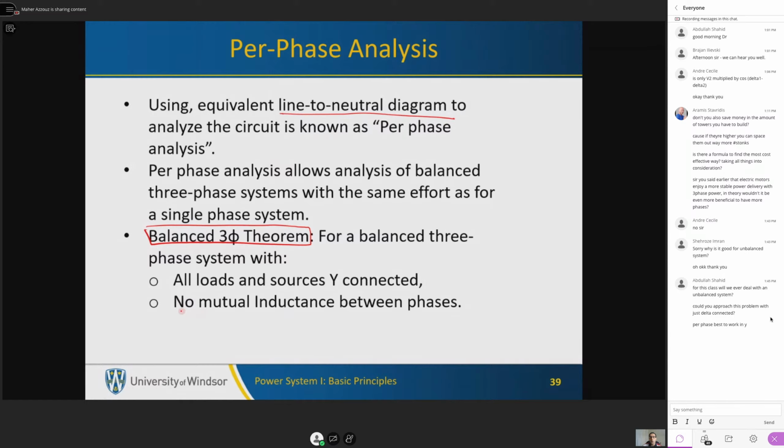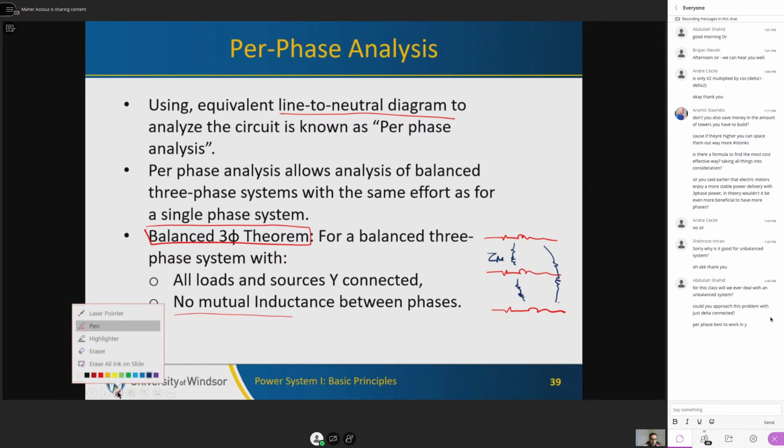And here we assume no mutual inductance between phases. So for instance, let's say we have 3 lines. This line has a self-impedance and mutual impedances. Like there is also a mutual impedance between the lines, Z mutual. And this is ZS, the self-impedance. So what we do, we neglect the mutual impedance, or